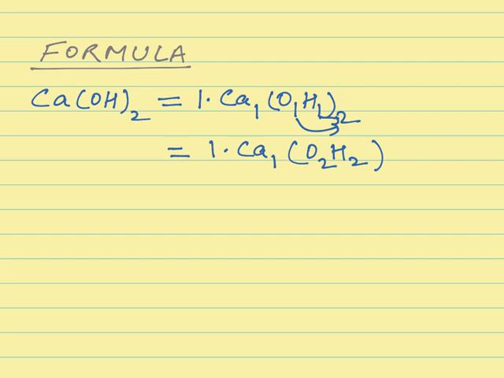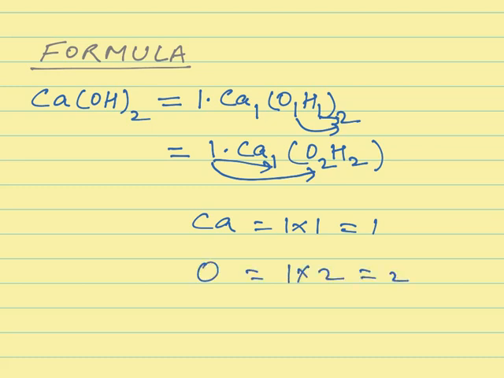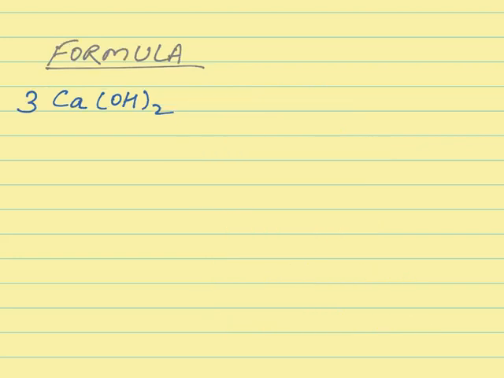Now we want to count the number of calcium atoms, so it is easy now. 1 into Ca1 will give 1 atom of calcium. Now to count the number of oxygen atoms, it will be O equal to 1 into 2, which is 2, and to calculate the number of hydrogen atoms, it will be H equal to 1 into 2, which is 2. So in all there are 5 atoms in Ca(OH) whole twice.